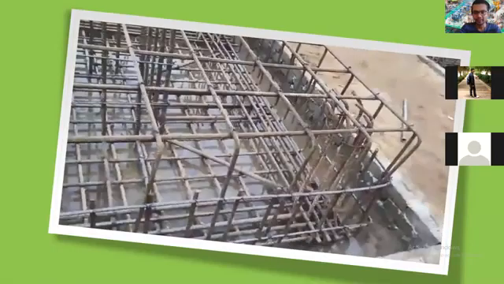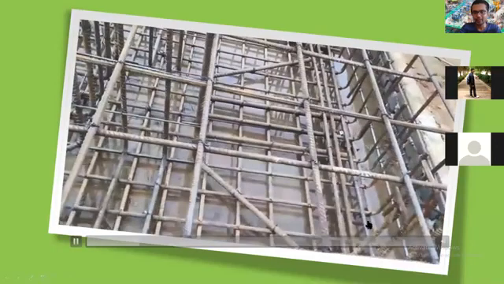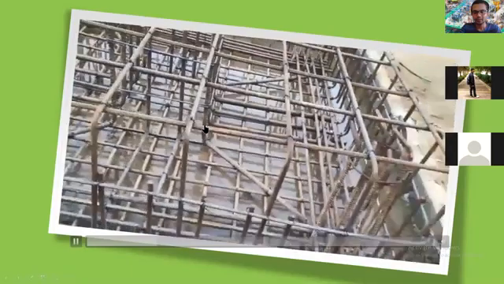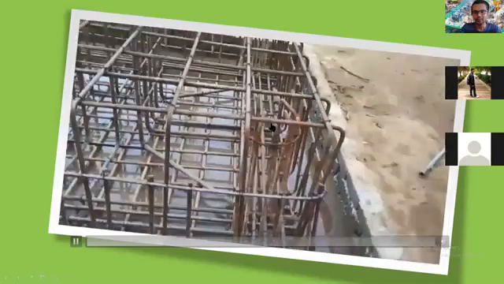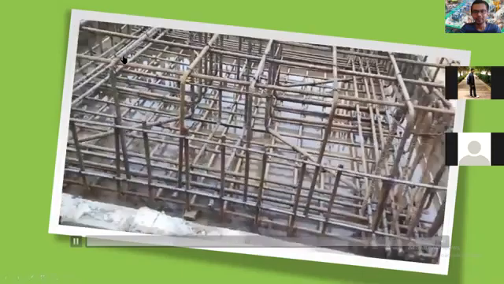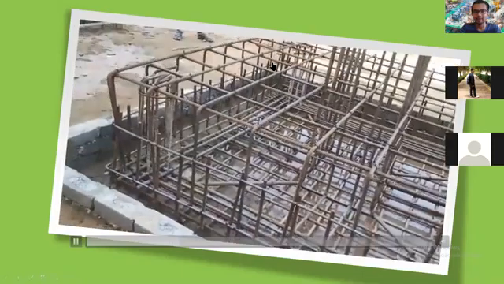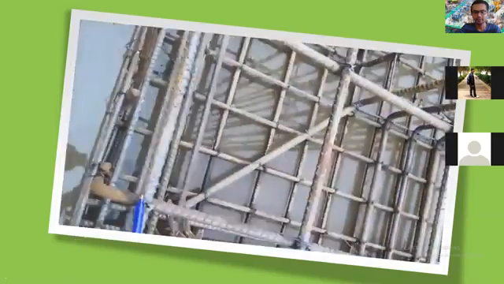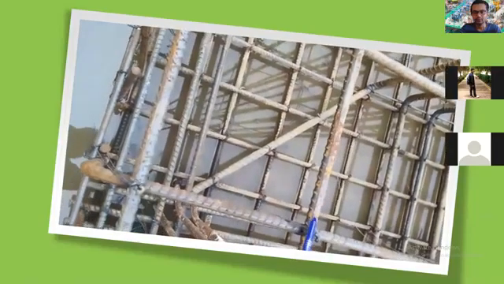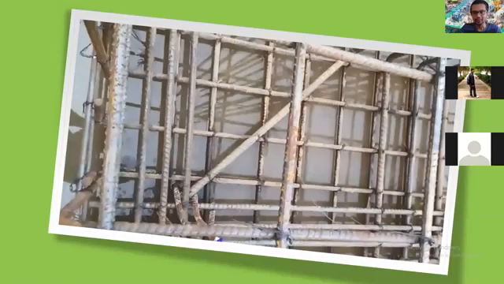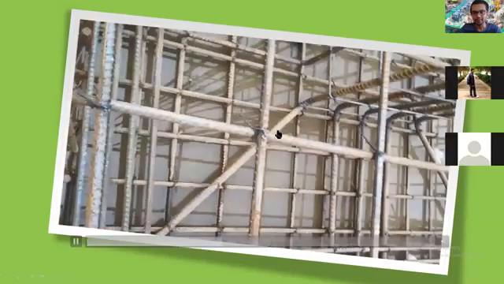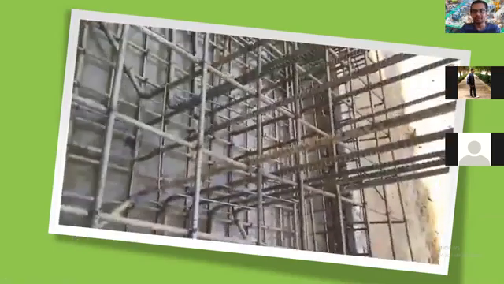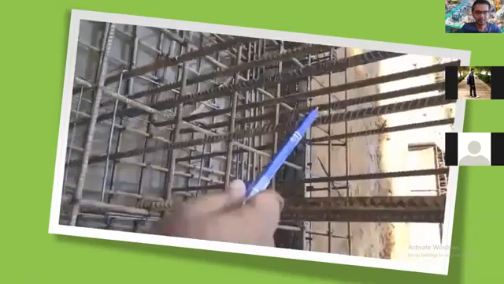As you can see here, this is the pile cap, and we have 4 piles. We had already told this, and these are the starter bars of the columns. This is one pile, this is another pile. Like that, we have 4 piles along the 4 corners. You can also check the reinforcement grades from here and the spacing between the reinforcements. These basic things you can check, and after that only you can go for concreting.